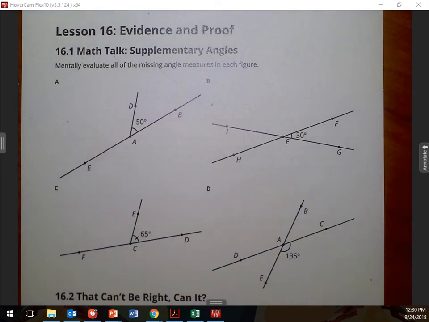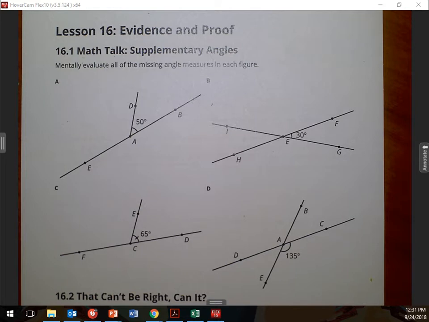Class? Yes. Okay, so, I don't know what happened, but in the instructions, no one listened. It was actually scary. I had this mouth right here that wouldn't shut up long enough for me to actually talk over people, so I'm going to try this again. So, mentally evaluate. So now, evaluate mathematically means what? Say solve. Find the value. We're looking for the numbers to go along with this. Okay, we're looking for these numbers. So, okay, evaluate the missing angles in each figure.